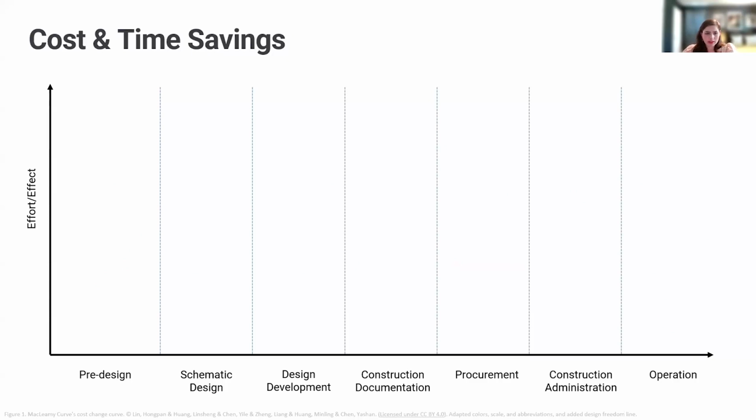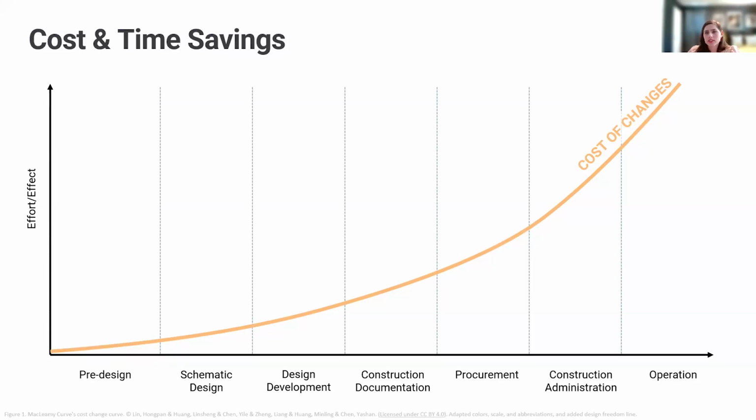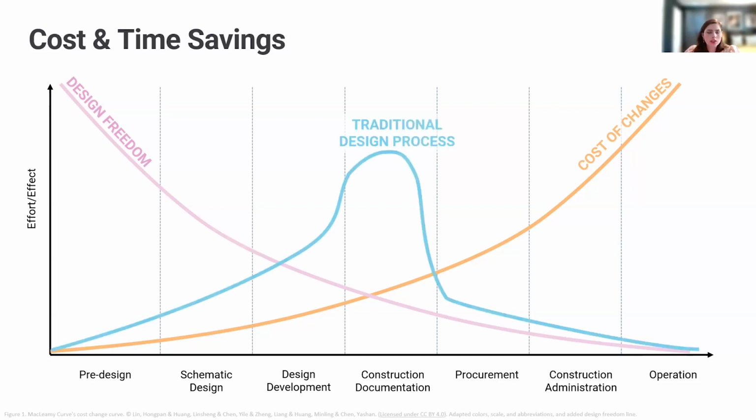From a business perspective, we know that as you go through the different phases of a typical AEC process, the cost of your changes goes up. Accompanying that, our design freedom goes down, of course, because there's a trade-off of cost and time in order to implement those changes as you go through the process. So with the traditional process, we may see more of a gradual ramp up of effort, of changes, and then kind of this last final push right before you move into construction to make sure you got everything that you need in there so that you can go into construction, minimizing your chance of changes.